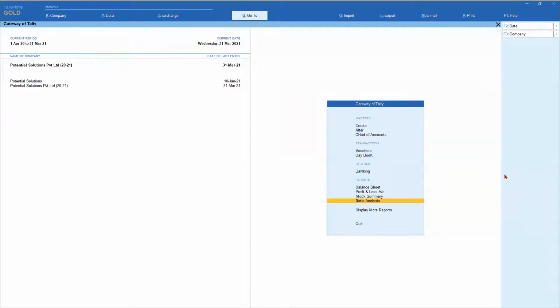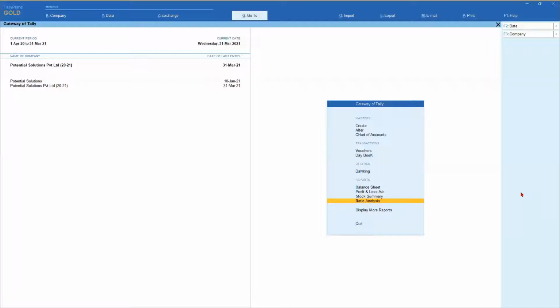Let us take a use case scenario. Let us say in your company, you have not used the bank reconciliation facility in Tally. Now let us assume that from the month of January in the financial year, you want to start using bank reconciliation because it becomes much easier and simpler to do bank reconciliation from Tally. You came to know about this feature and now you want to start using the BRS facility in Tally.